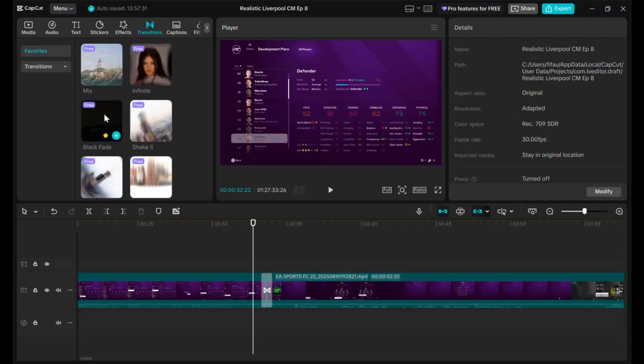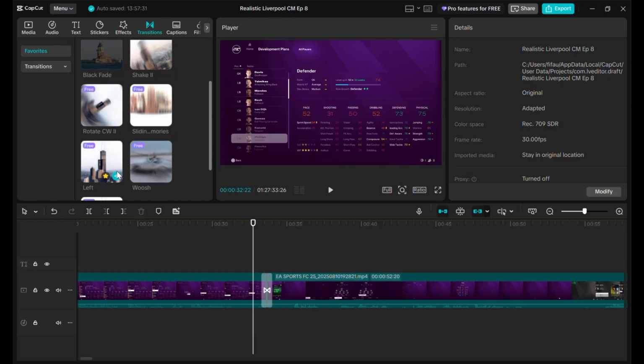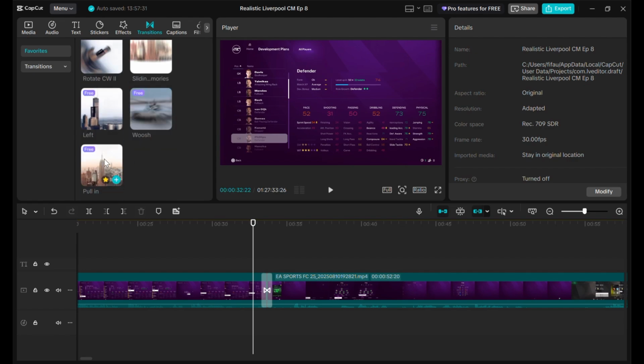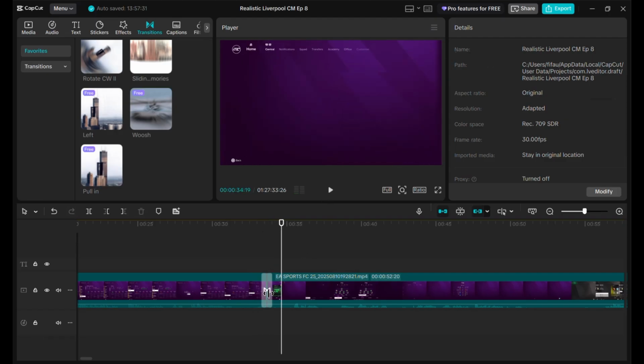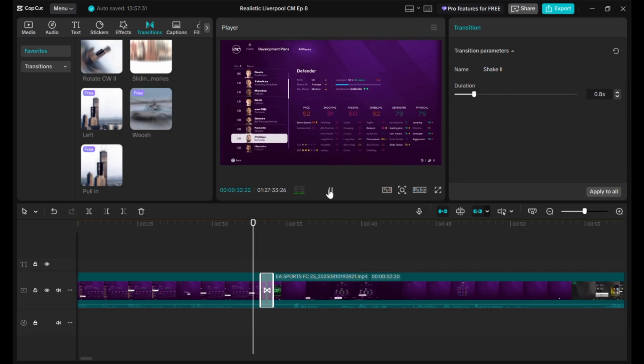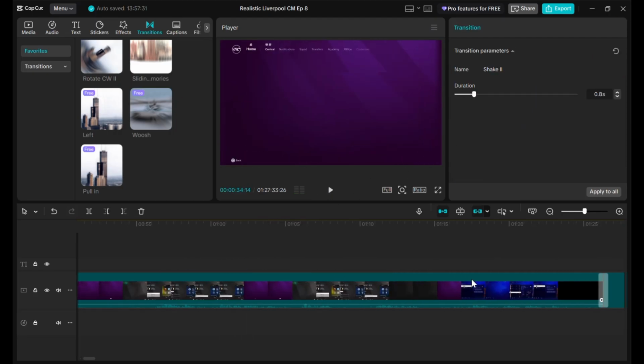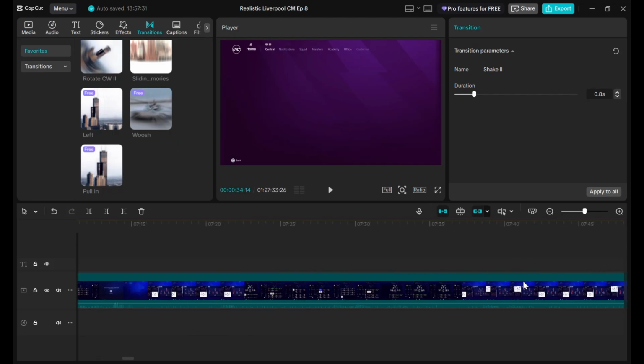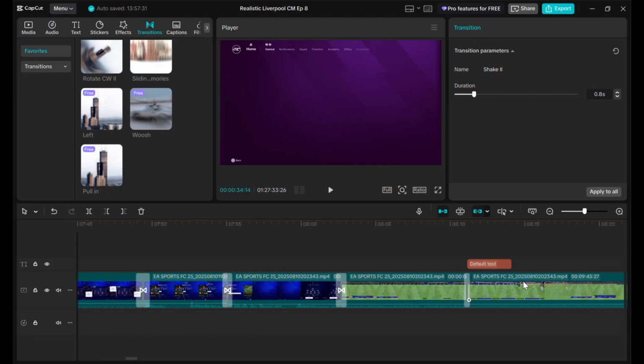So there's quite a few transitions that I use regularly, as you can see me previewing them in my favorites panel. Those are my top 9 transitions, you can say. So in this career mode video I've used the shake one. I like to use that quite often. That's one of my go-tos. And so is